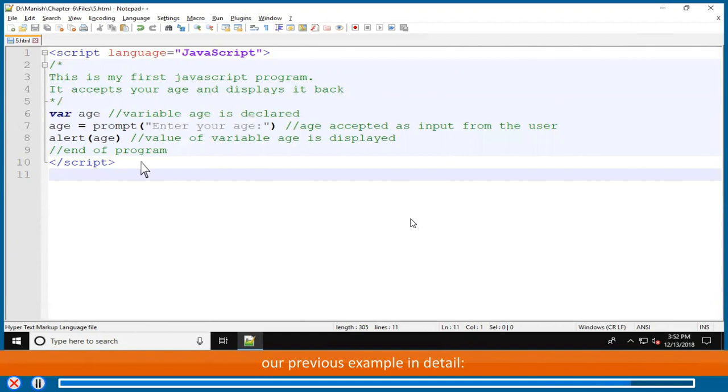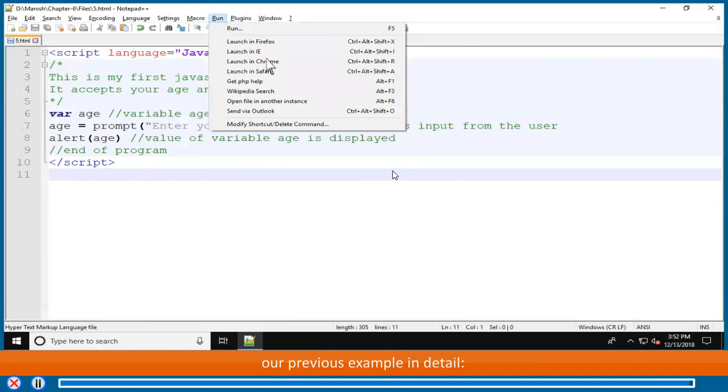<script language="JavaScript"> /* This is my first JavaScript program. It accepts your age and displays it back. */ var age; // variable age is declared. age = prompt("Enter your age:"); // age accepted as input from the user. alert(age); // value of variable age is displayed. // End of program </script>